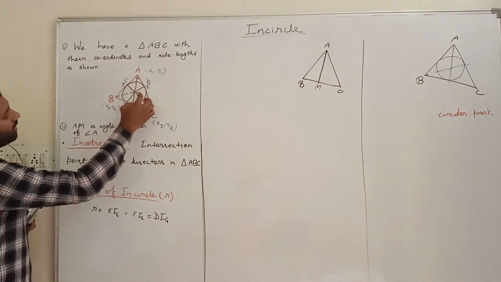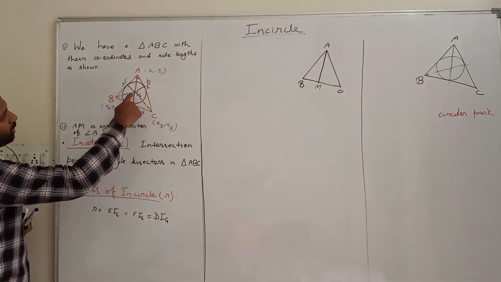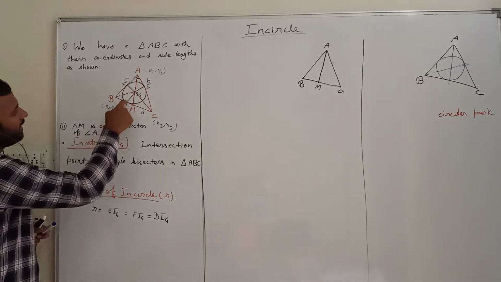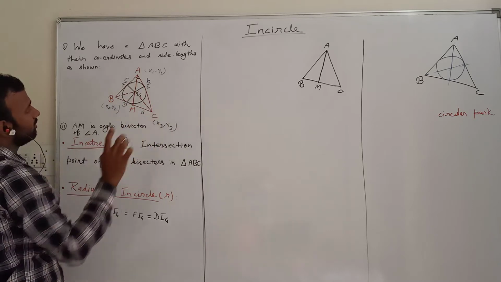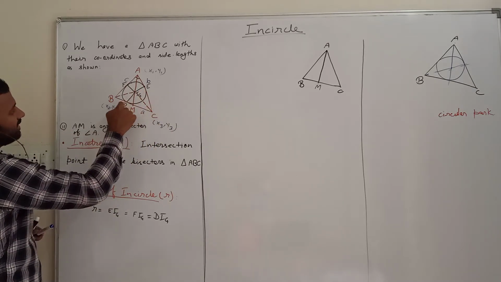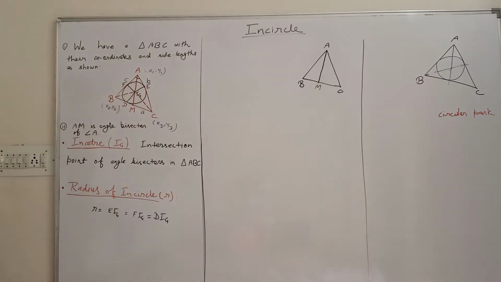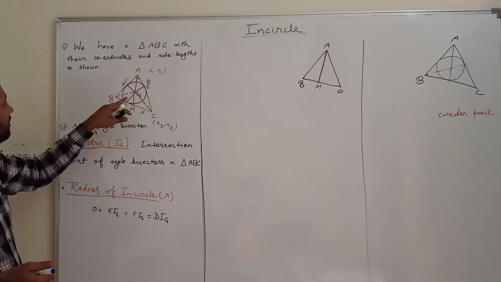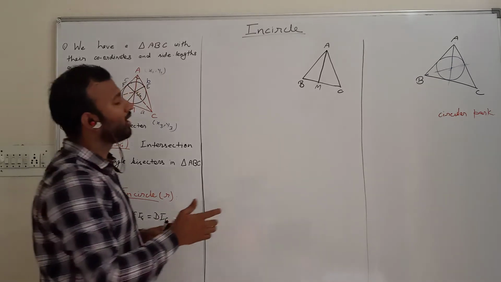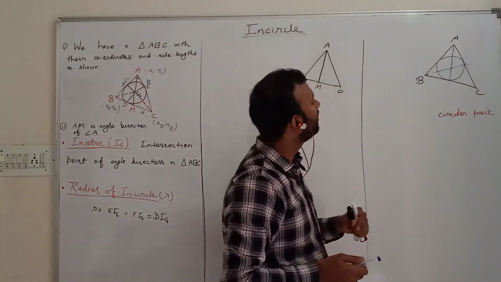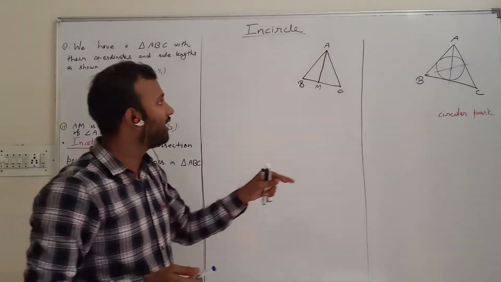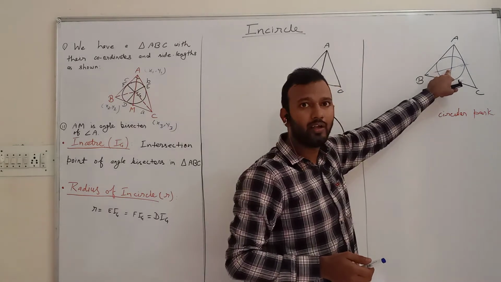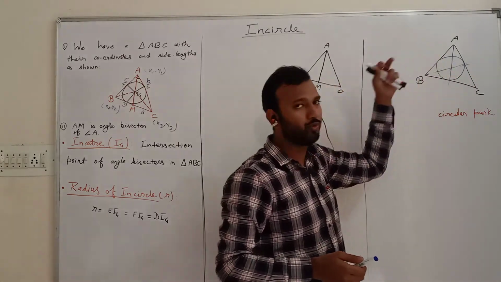I told you that the perpendicular distance from AC to I, that is EI, is the radius of the circle, and similarly DI from this path. From that figure you can know that EI, DI and FI are equal. So three radii here means the radii of the circle are equal, and hence you will get equal distance from three paths. So it's easy to develop a circular park with the concept of incircle, such that you know the exact center and equal distance from the paths you have.